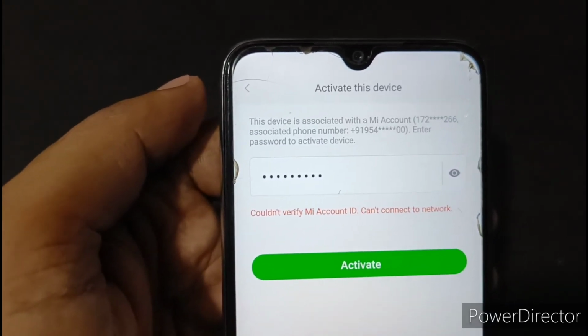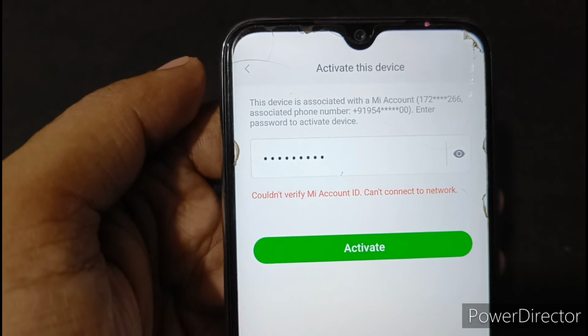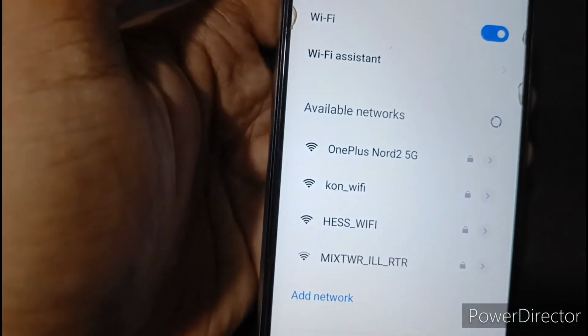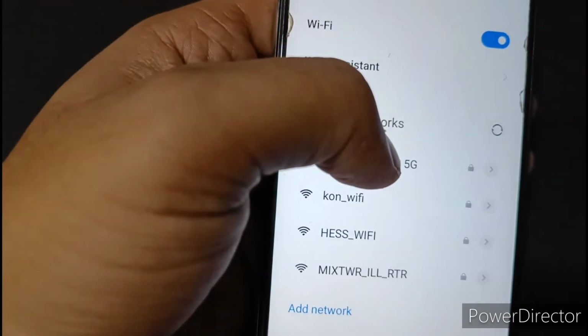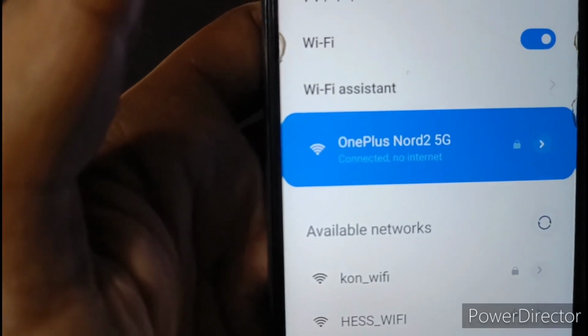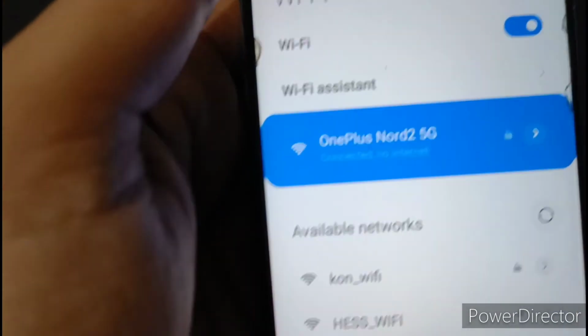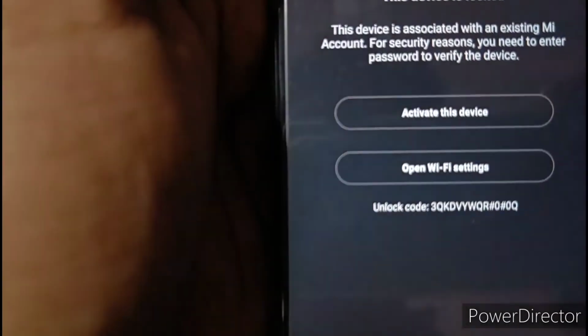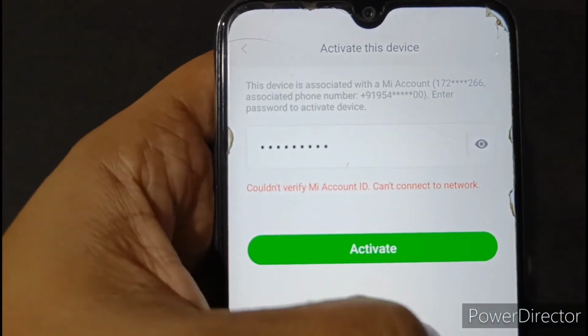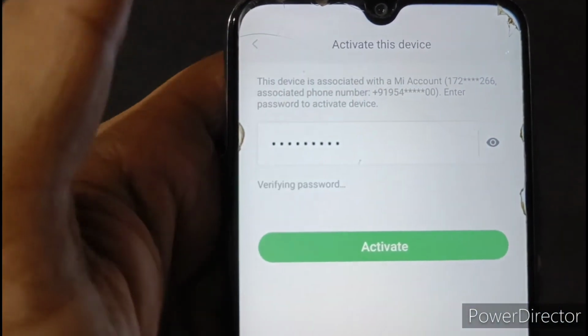Could not verify MI account because first you have to connect to a network. Now my phone is connected, and now activate.